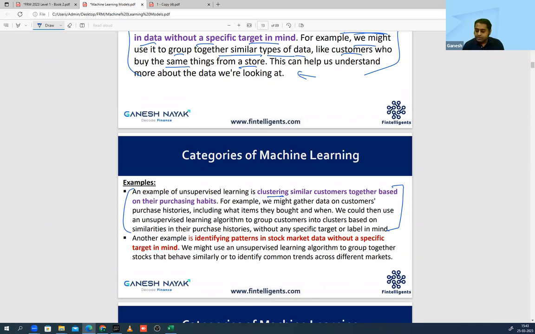Grouping similar customers on their purchasing habit. Now think about this. Suppose you are running a very big restaurant and you have the data of your customers. Based on this, you can identify which is my prime customer who can spend more. So I'll give him a slightly different service, a slightly different place to sit. Offers will be very different for him because we know he can spend. Certain other customers just come normally once in a month, so he's a different kind of customer. So I can cluster my customers. This is a very basic example. On the basis of that, we can take a business decision on what to do, whether to give him an offer or not.